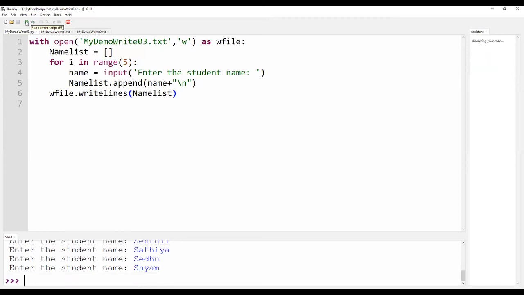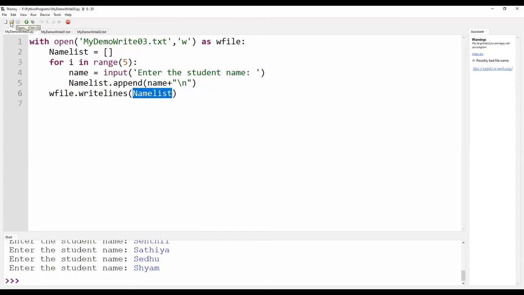Look at this particular program. After getting all the input from the users, all the input data are present in the list, namely name list. I am writing all of the name list in one go here.